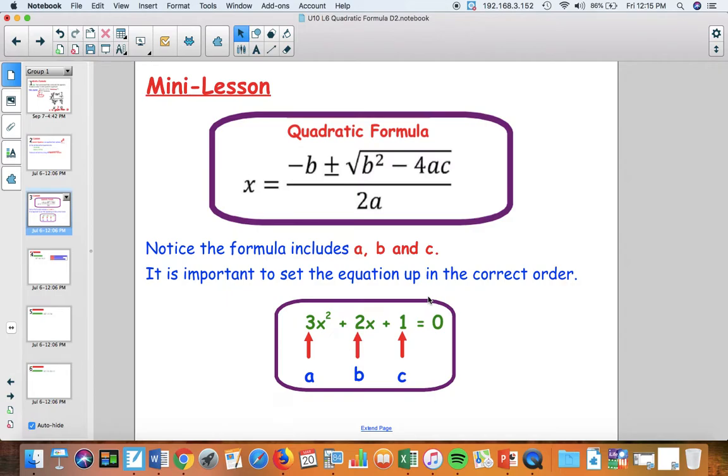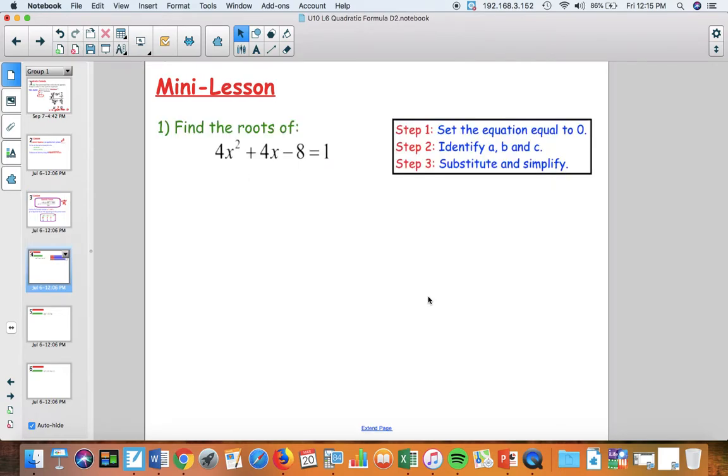So, quadratic formula, very, very important. You don't have to memorize it. It's given to you on the Regents. And to identify A, B, and C, A is in front of x squared, B is in front of x, and C is your constant. So, find the roots of